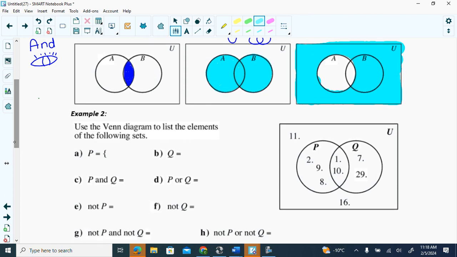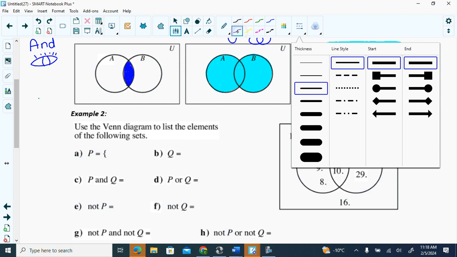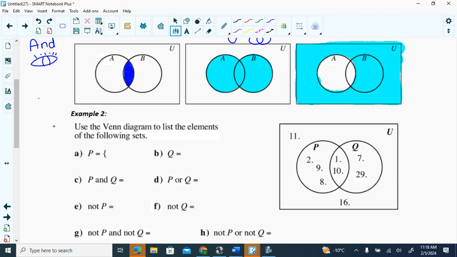Give you a Venn diagram down here. I want you guys to list the elements in P. Does it say P only or P? P, so that's the whole P circle. That includes the overlap too, right? Everything in the circle that is labeled P. All of P. Anything that's located in P gets written down. Do you agree? So I'm going to list 1,